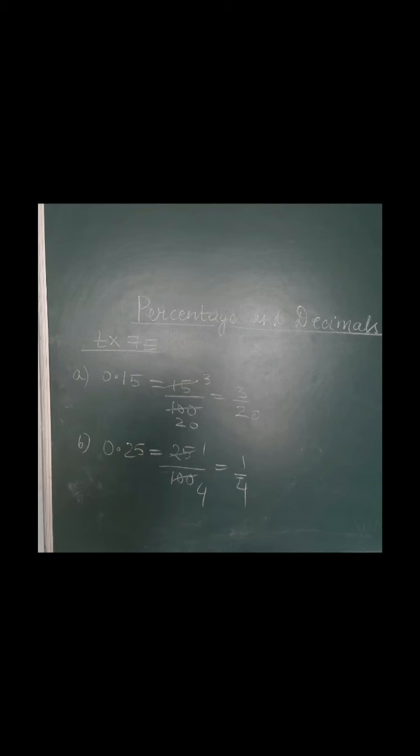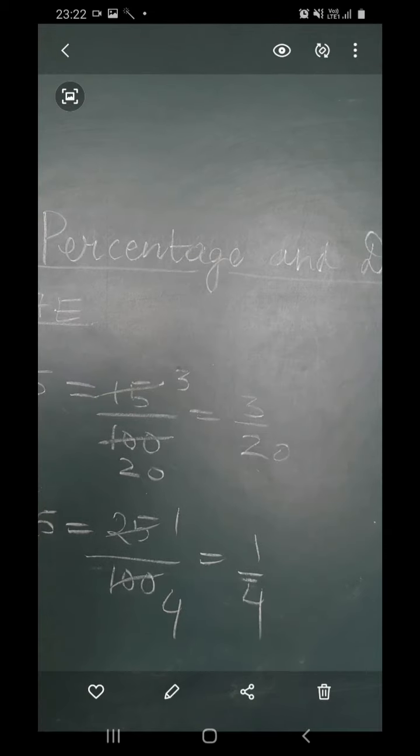As you all can see on the board, I have solved option number A and option number B. It is 0.15. Since 0.15 is having 2 digits after the decimal point, I have written it as 15 upon 100. We have to convert this decimal number into a fraction. So it is having 2 places after the decimal point. That is why it will be written as 15 upon 100. Now we have to check whether it can be simplified or not. So 5 3s are 15, 5 2s are 10, 5 zeros are 0. So it will be 3 upon 20 as I have done.